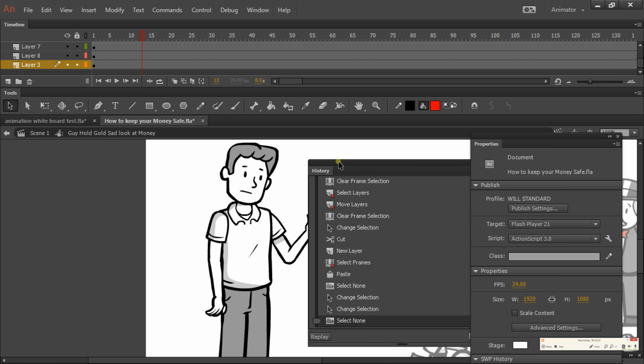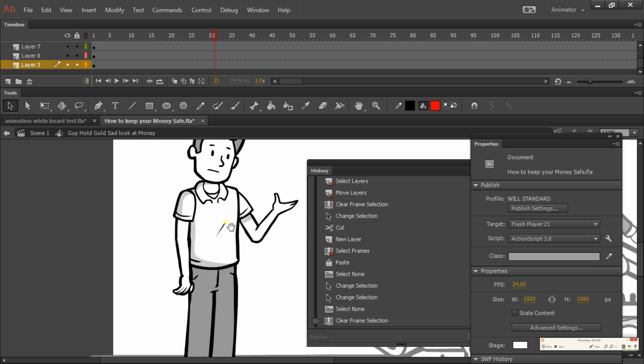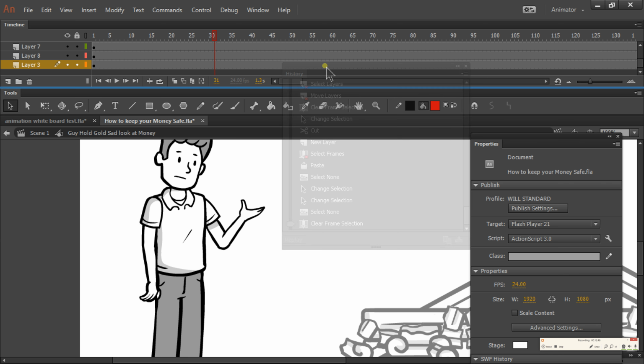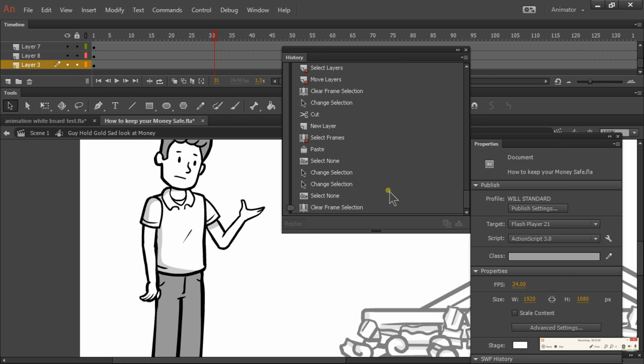And this is what we're going to do. We're going to just perform an action that we want to have saved. So the series of actions that we've been doing is we're cutting, we're doing a new layer, and then we're going to paste it in place in that new layer. So let's do that. Let's just do it by hand, and you'll see the history window kind of save